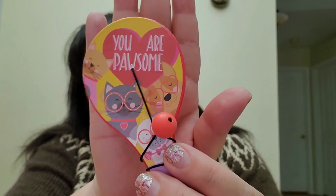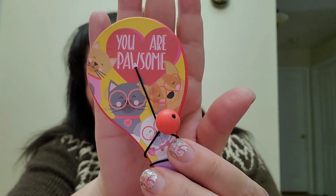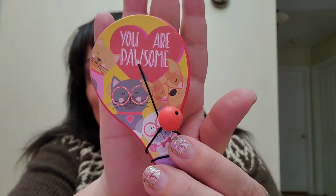And then there was this little thing. It says, "You are possum." It's got kitties and puppies. And it looks like one of those little paddle balls. I'm not coordinated and I could never really do those. I can't do it. But anyways,